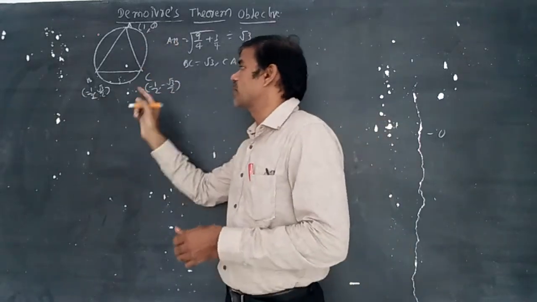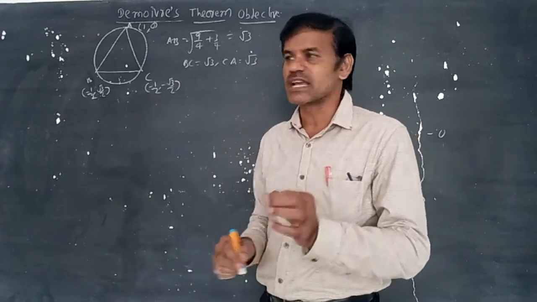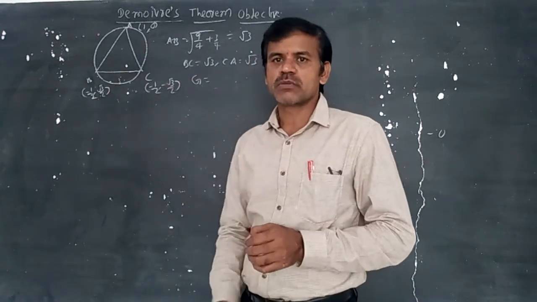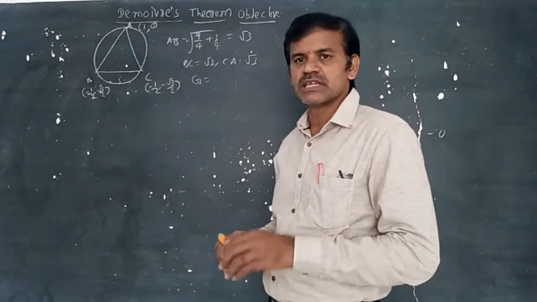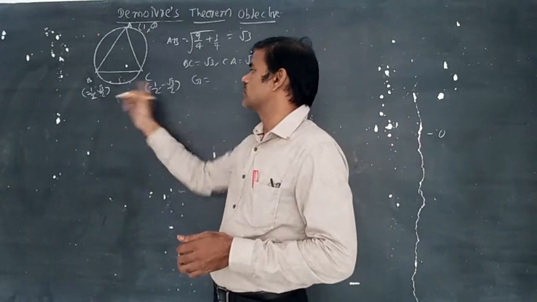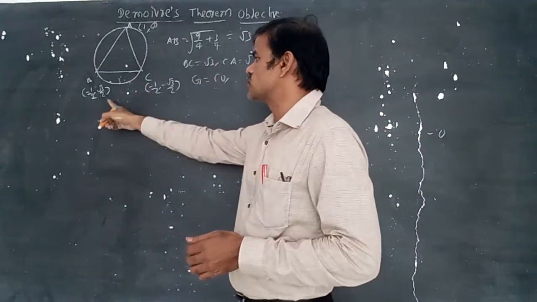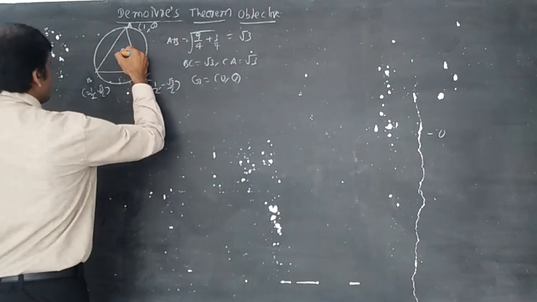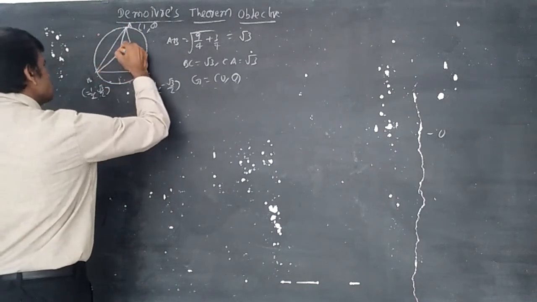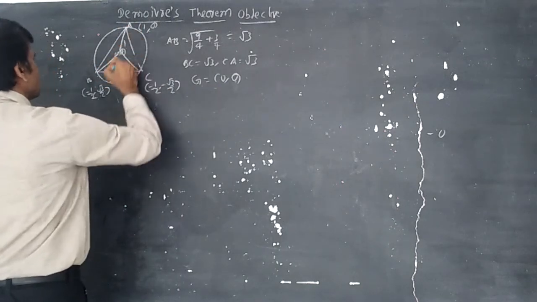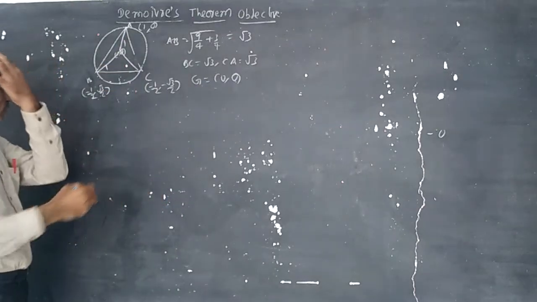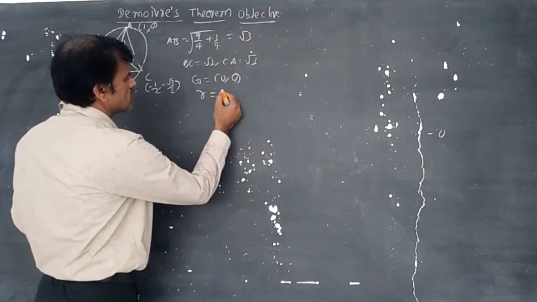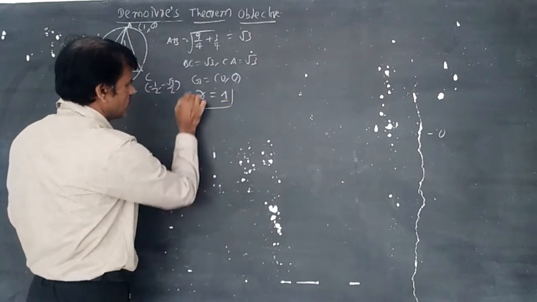So 1, omega, omega square form an equilateral triangle with the center. The center G you can write, you know the formula, x1 plus x2 plus x3 by 3 and y1 plus y2 plus y3 by 3 in the complex plane. Now 1 minus 1 by 2 minus 1 by 2 becomes 0, and 0 plus root 3 by 2 minus root 3 by 2 becomes 0. So the centroid is 0, 0 here. So from here to this is O. OA you can calculate as 1, of course, 1 by 4 plus 3 by 4. So here G is the center, equal to 0, 0, and R is equal to 1.